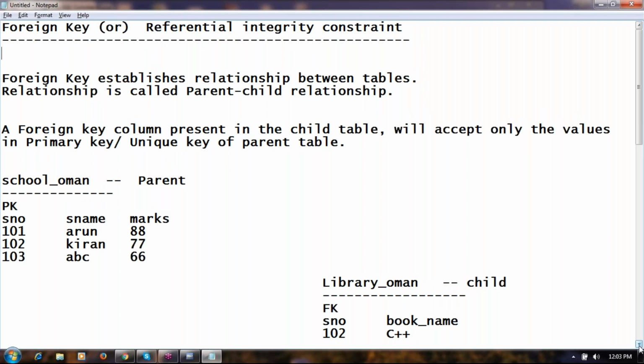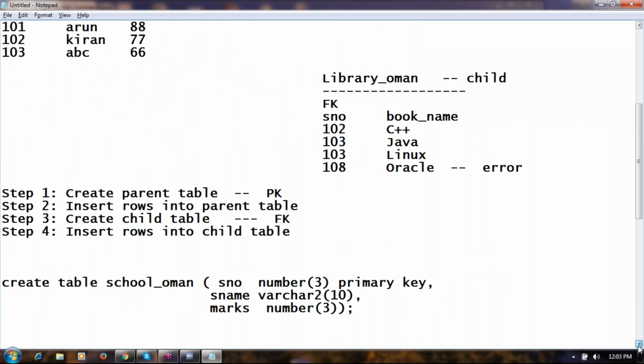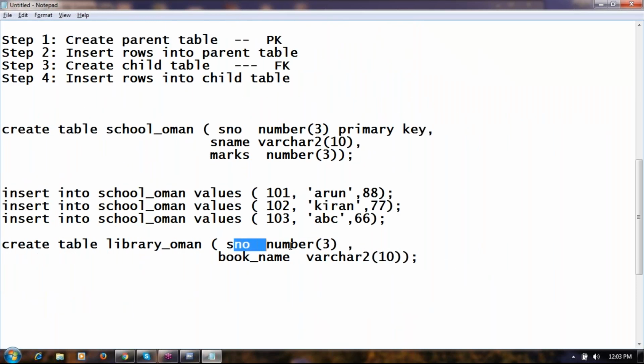So how to apply foreign key? After column name, data type, and size, you need to use the word references. This S number in the library table should refer to which table?